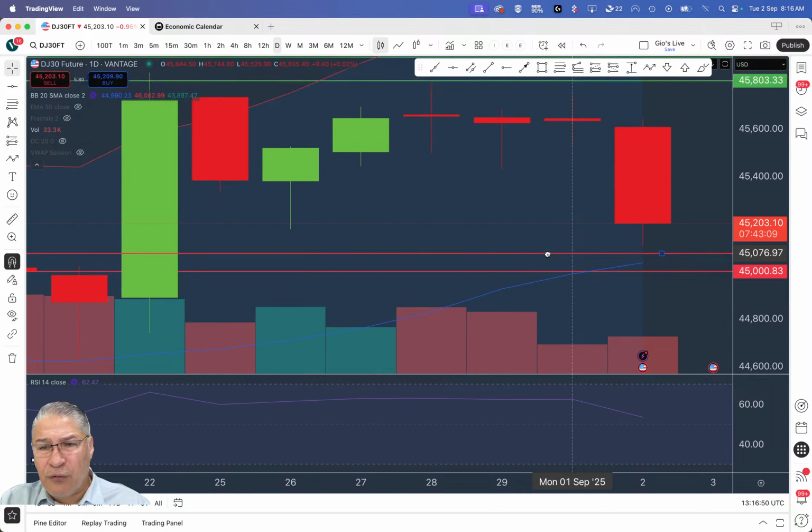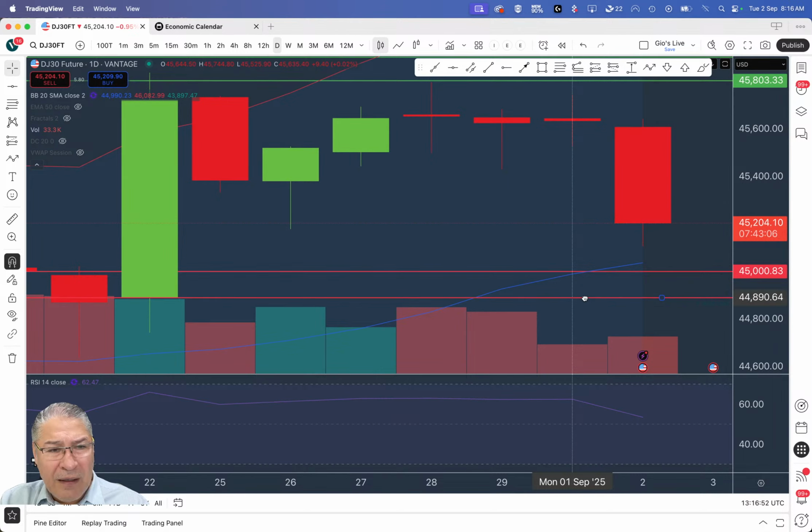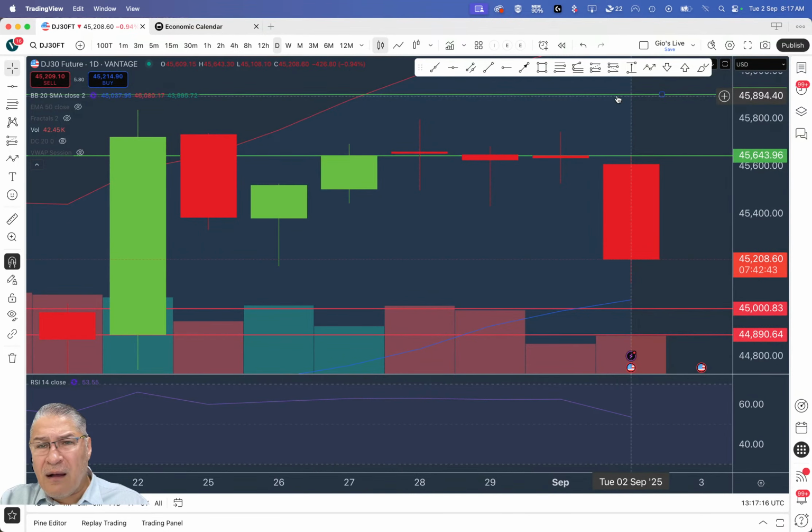support, I'm going to use basically this candle's open as a possible level of support. Initially, the medium, which is the 20-day moving average of the Bollinger Band, can also be our dynamic level of support. And then for our level of resistance, I'm going to use today's swing high as a possible level of resistance, and yesterday's swing high. Okay, so there we have our levels of resistance and support for the Dow.